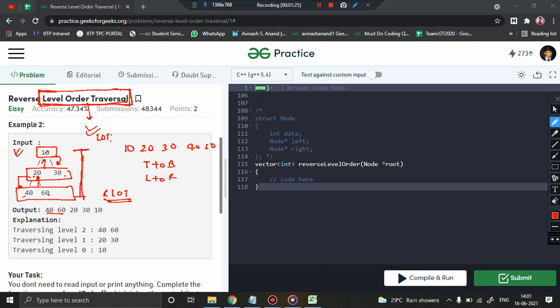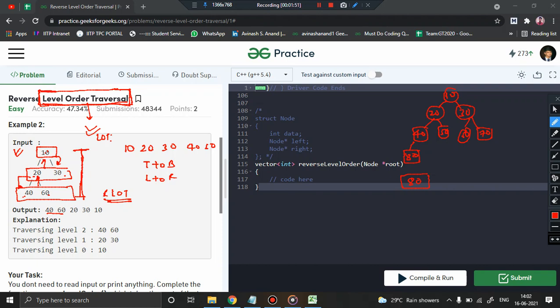Getting the point? Suppose I have a tree like 10, 20, 30, 40, 50, 60, 70, and suppose 80. What will be the output? First of all you will print 80, right? Then you go up, and you print the left child first.